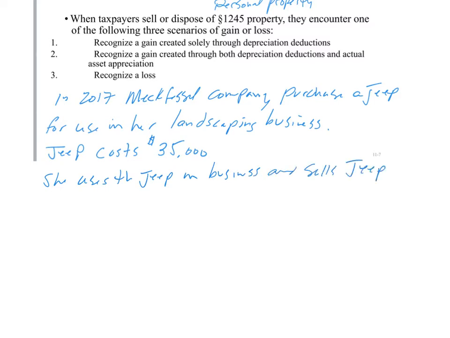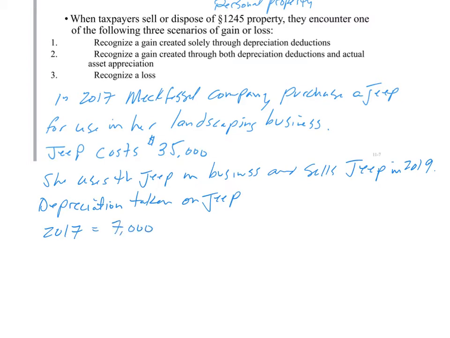All right, so she uses the Jeep in her business, sells the Jeep in 2019. So what would she have done? Well, she would have depreciated the Jeep. So a Jeep is 5-year property. So her depreciation in 2017 would be $7,000. Her depreciation in 2018 would be